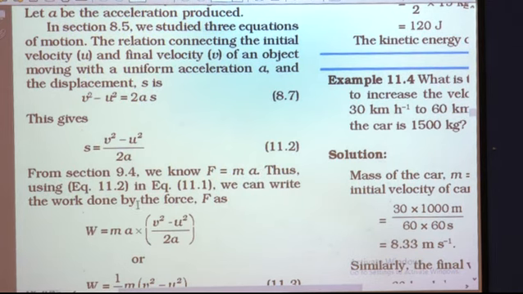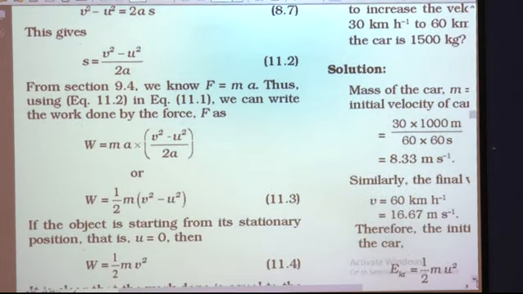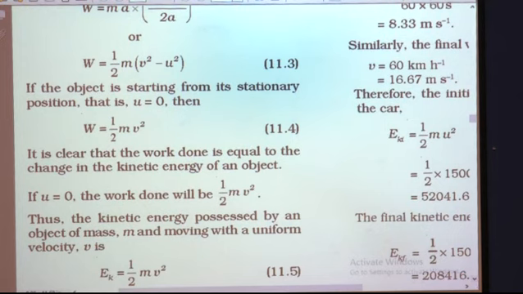Thus, using equations 11.2 and 11.1, we can write the work done by the force as, what is 11.1? W is equal to Fs, and in 11.2 S value is V square minus U square upon 2a, and F is ma. W is equal to Fs. What is F? That is equal to ma. We can substitute the value of F as ma into S. S value is V square minus U square upon 2a. So, we get W is equal to ma into V square minus U square upon 2a,